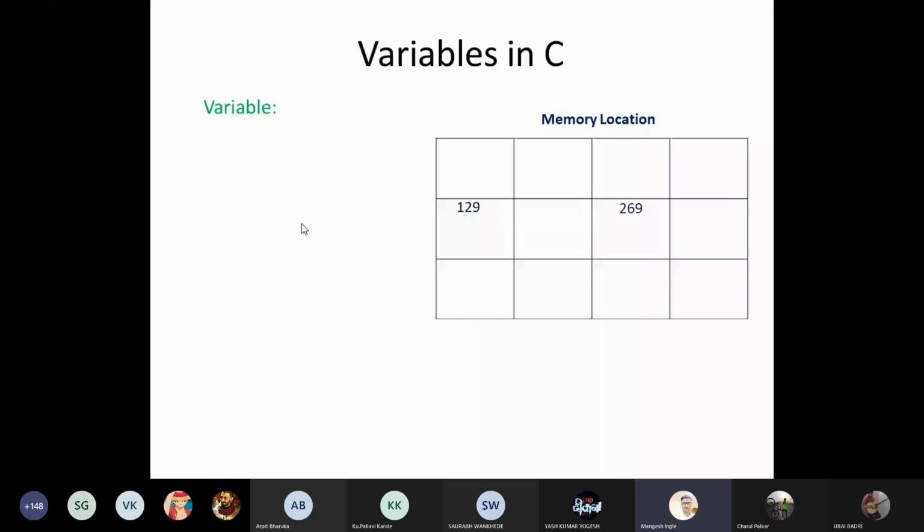I'm providing random numbers here. That block has an address like 895, that one 156, 1256, and that one 29 or 2894. It can be anything. It is not in your hand, the system generates it automatically. So you can see the structure of memory is called a memory location, and each location has its address.